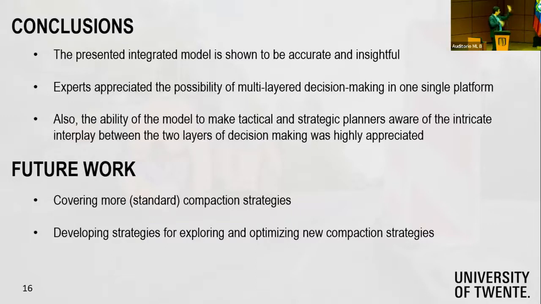So for future work, we have a lot of different plans, but most importantly, we want to have more strategies about compaction, because 4 is definitely not representative of all the options that they have. Also developing strategies for optimizing the new compaction strategy. So for now, they have to choose one of the existing standard strategies, but you could potentially argue that by applying a proper path planning algorithm that also captures the logical constraints of the operation, you could come up with some kind of unstandardized, unconventional strategies that could actually guarantee a better performance. So that's also something that we are currently working on.